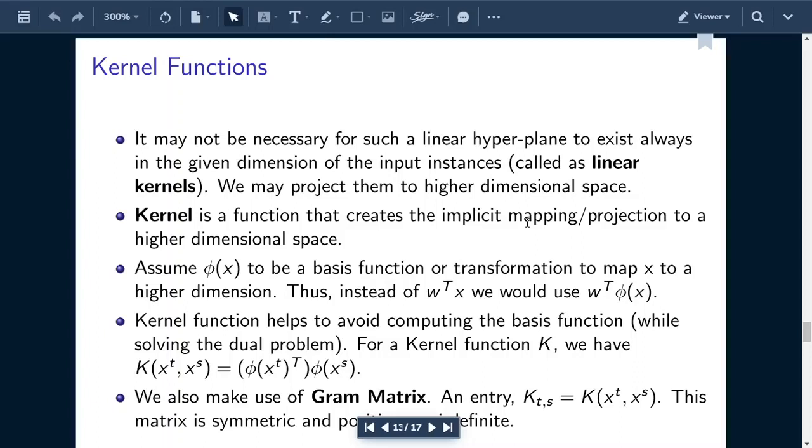Now the kernel function does the same thing. What does the kernel function do? Kernel function is a function. You throw into that function two things, xt and xs. It will give you the output: basis function transpose into basis function. Fine. Now what does the gram matrix do? Gram matrix actually contains all these entries. Now you can see k of ts is equal to k of st, so it is symmetric. I'm not going to detail, that's mathematics. So if you have got the intuition that we can elevate the power from lower dimension to higher dimension, and this is the kernel function definition, you have learned a lot of things. Yeah, to be truthful, you have learned a lot of things.